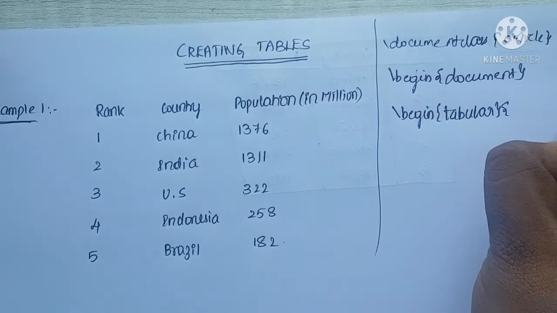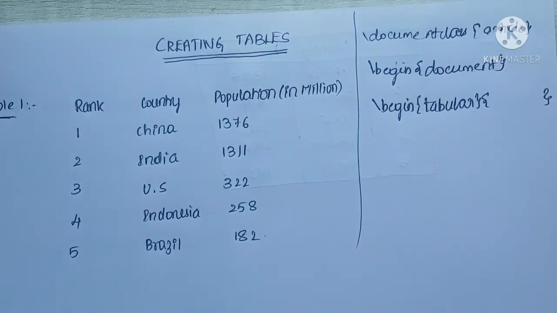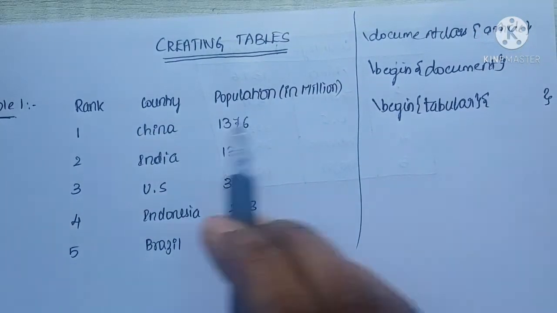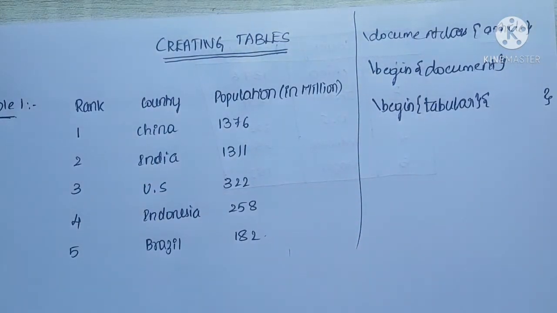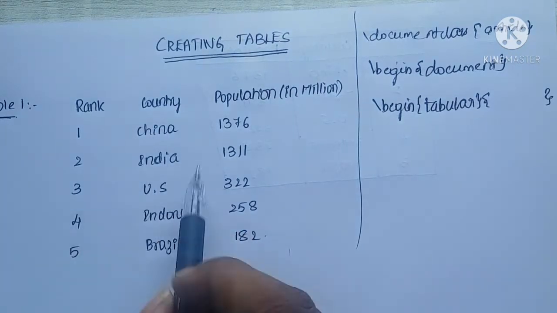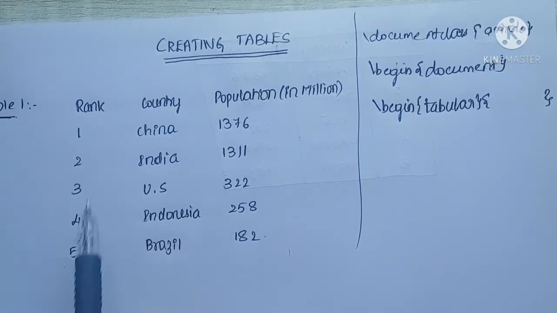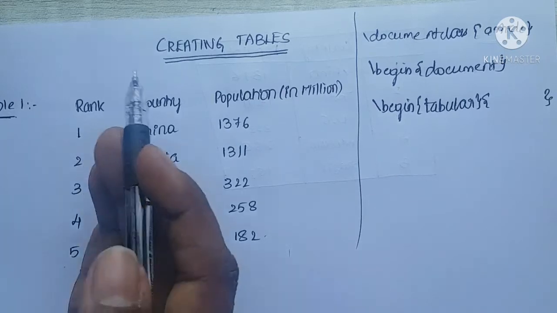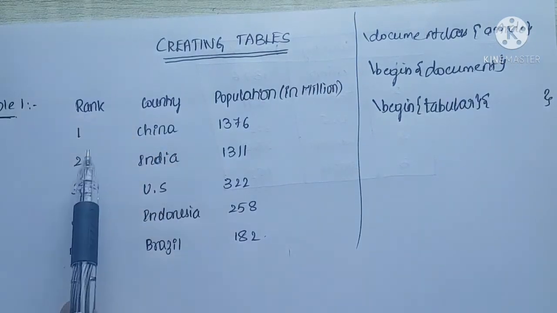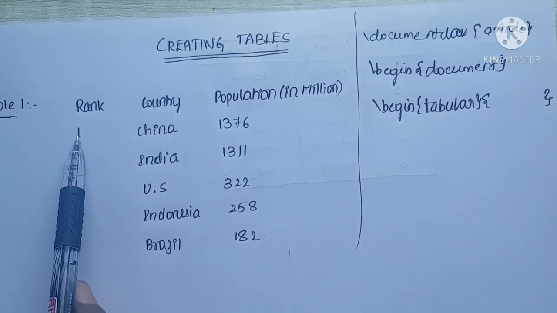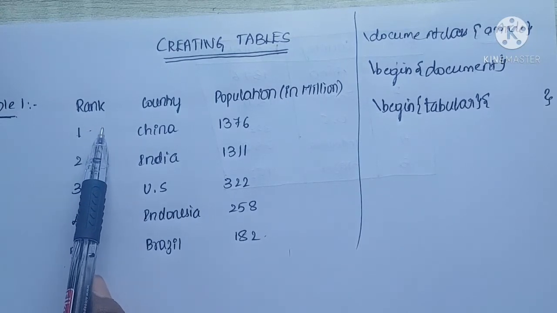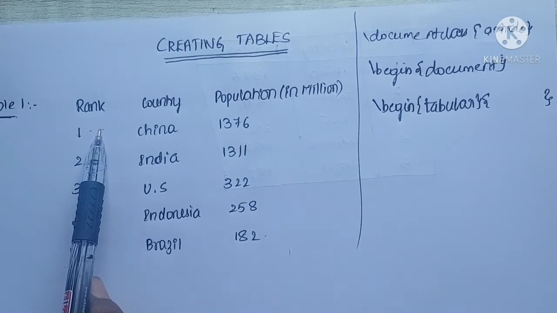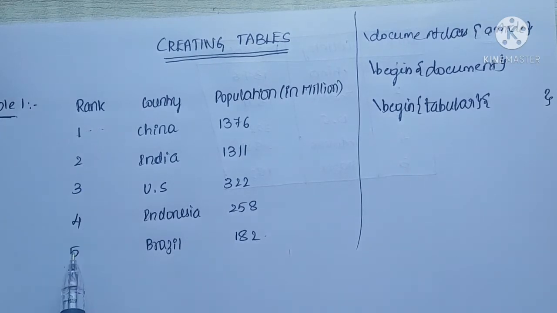Within flower brackets, you need to mention the number of columns and their positions. What are the number of columns here? There are 3 columns. You need to observe the position of elements. See here 1, 2, 3, 4, 5. In the first column, it is aligned to the left side. If this one was here, it would have been aligned in center. If this one was here, we can say that is right side. But if you observe 1, 2, 3, 4, 5, all are aligned on the left side.